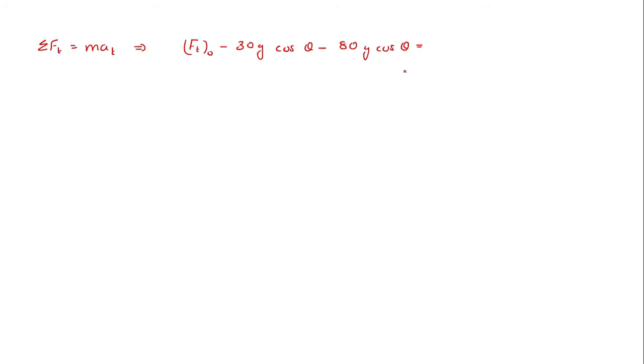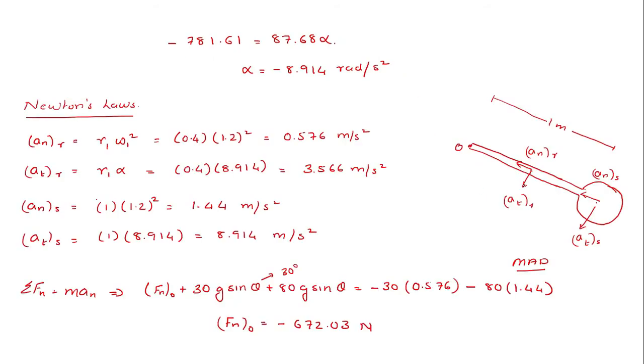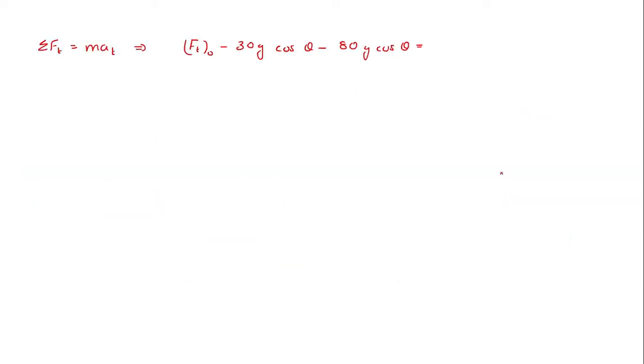Now this will be equal to the corresponding tangential components of the acceleration of the rod as well as the sphere. Since this is downward direction, I'll put the negative sign. That is equal to minus the mass of the rod, 30, into the tangential acceleration of the rod, that is 3.566, minus the mass of the sphere, 80, and the tangential acceleration of the sphere,